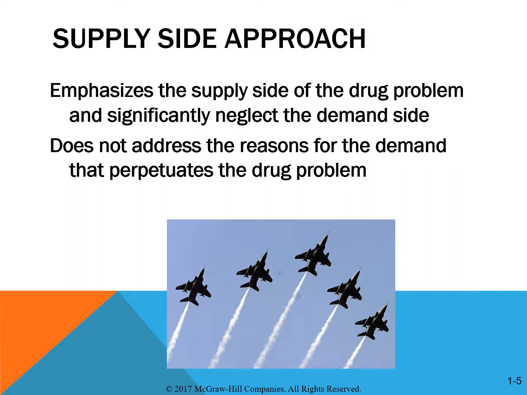The demand side is the individual, environmental, and cultural factors that lead to demands for drugs. Examples of demand-side approaches include psychological factors of the individual, genetic makeup of the individual, which makes them more susceptible to drug use, and demand-side approaches also include the availability of drugs or alcohol in a neighborhood, the advertising efforts that increase the demand for drug or alcohol.